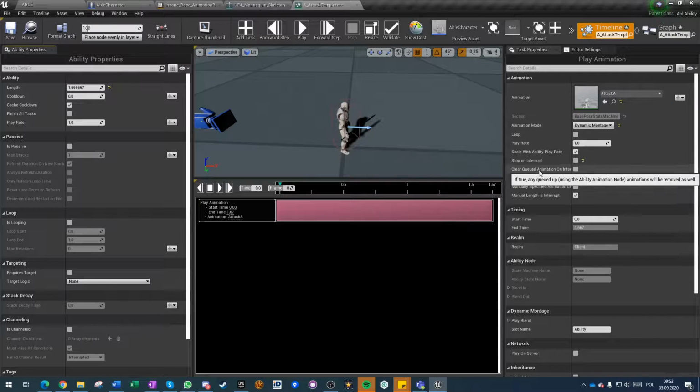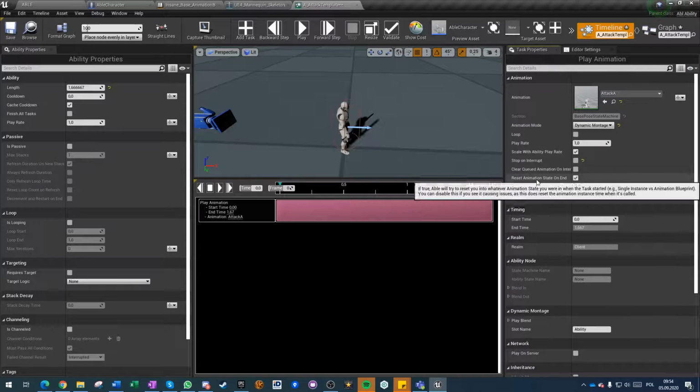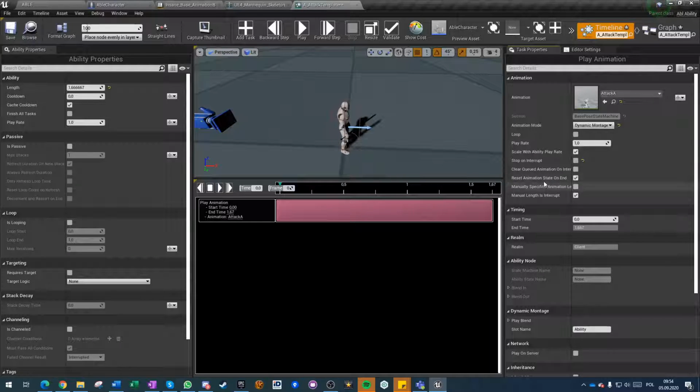Then clear key animation on interrupted. Okay, so this is only for the animation node, and it means that it will reset any animations that might be waiting to be played in a slot. You can also specify by hand the length of the animation, and once we do that,